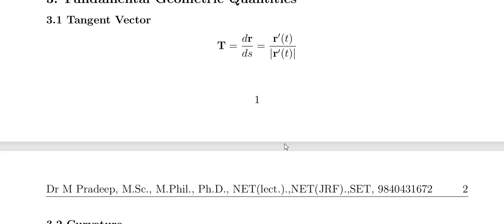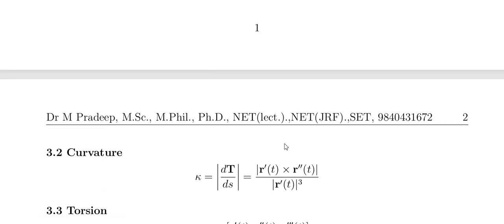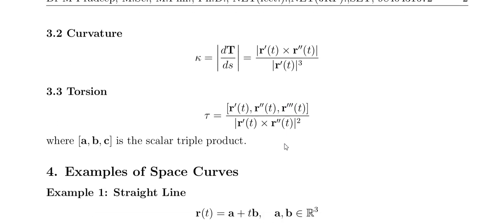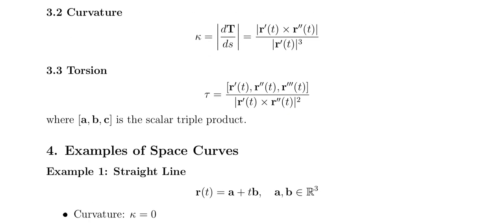And the tangent vector T is the rate of change of the r vector, that is r dash of t divided by modulus of r dash of t. This is called the tangent vector. And curvature means kappa equal to the rate of change of the tangent vector, that is dT by ds. Okay, dT by ds, which is equal to r dash of t cross r double dash of t divided by modulus of r dash of